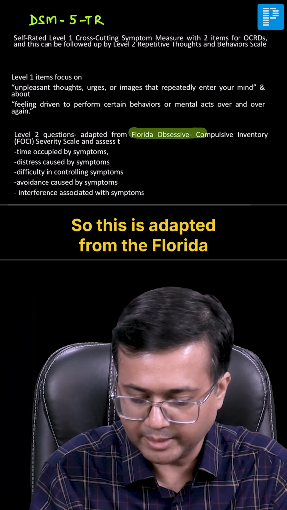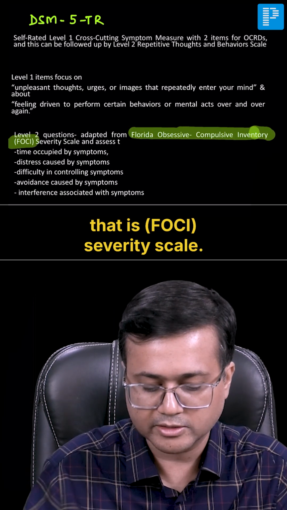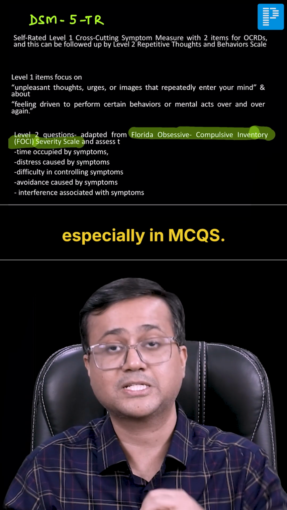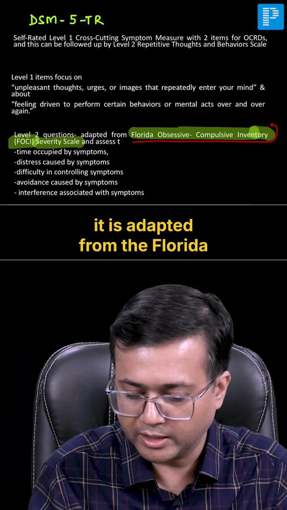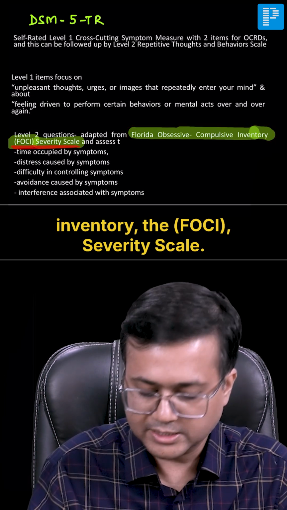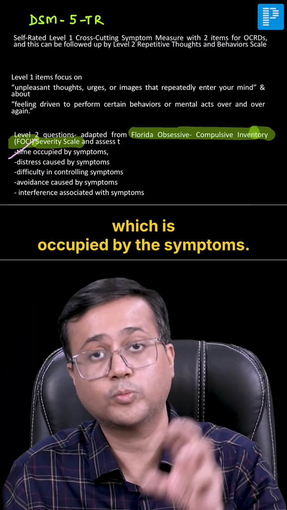So this is adapted from the Florida Obsessive Compulsive Inventory, that is FOCI severity scale. So sometimes you may be asked, especially in MCQs, the level 2, it is derived from what? It is adapted from the Florida Obsessive Compulsive Inventory, the FOCI severity scale, and it assesses the time which is occupied by the symptoms